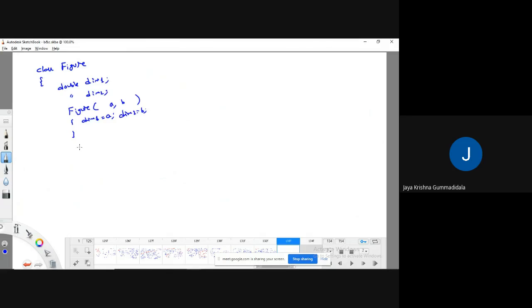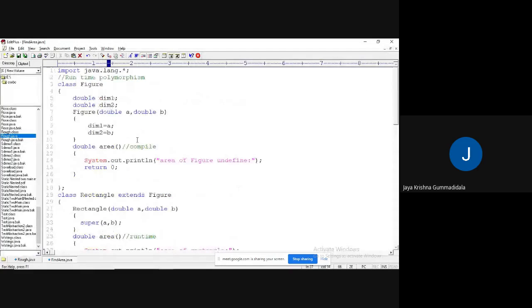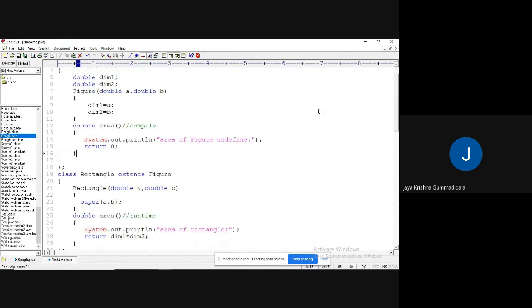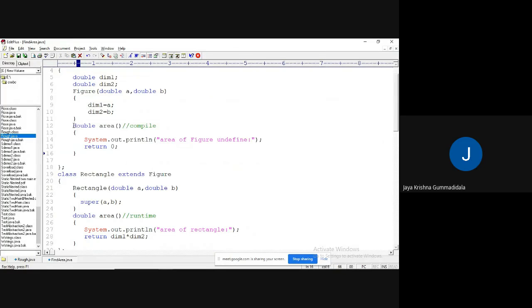Then I have taken one method, double area, and I have written something. Observe that same thing I have written. But at any time, have you displayed this one? Is there any use of this one? No, there is no use.